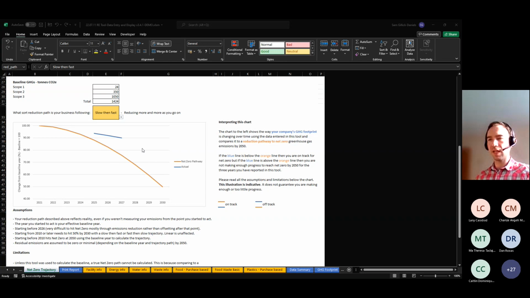So you can see in this case that the actual data is off track. So we've got on track and off track. Off track meaning that the progress that's being made with the dummy data in this tool is not on track to achieve net zero using the slow then fast path. And because that's the most gentle path at the start, this current data would not be on track in